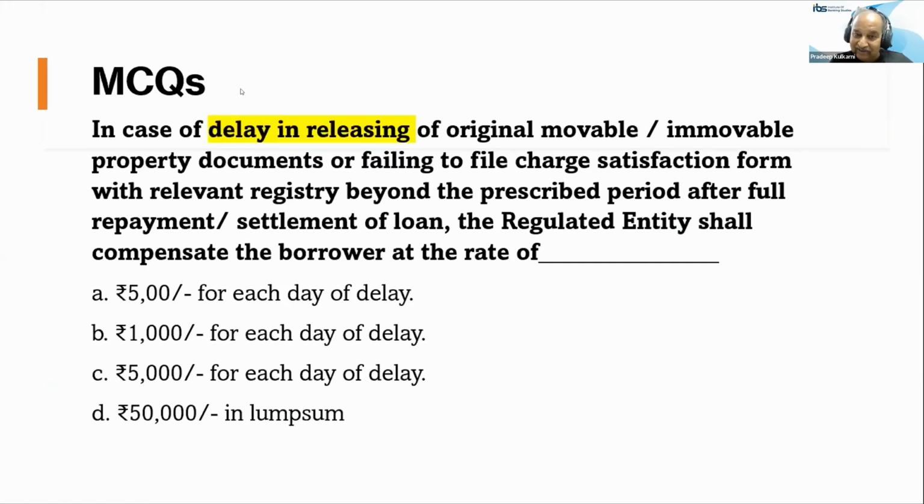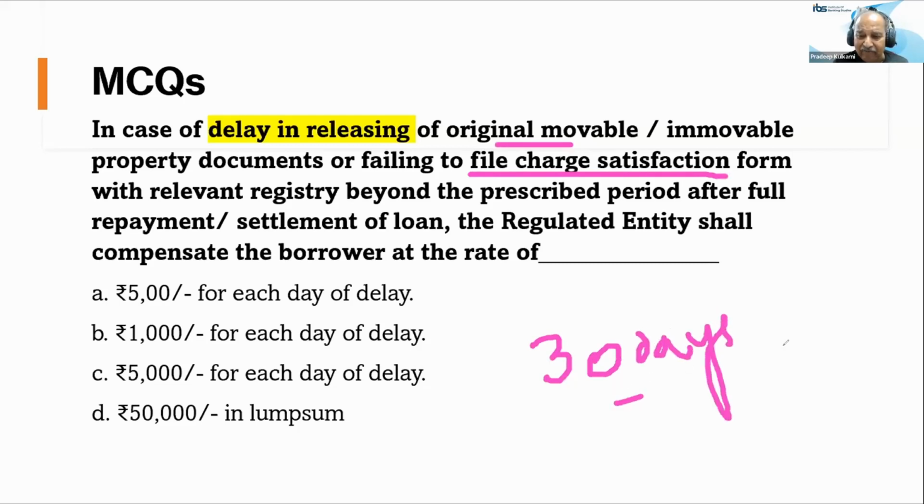First of all, there are three important elements in the question. Number one is delay in releasing the original document, and delay in filing the satisfaction of charge. These two things are delayed for what period? Beyond 30 days. Thirty days are allowed. After 30 days, if we don't do that, then the penalty is 5,000 every day, and these guidelines are applicable from